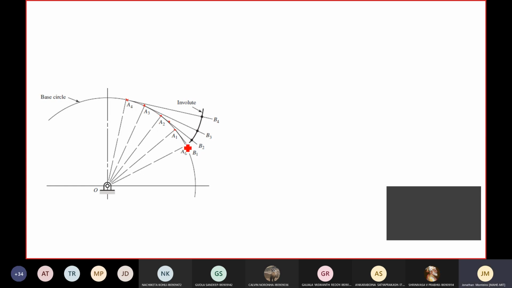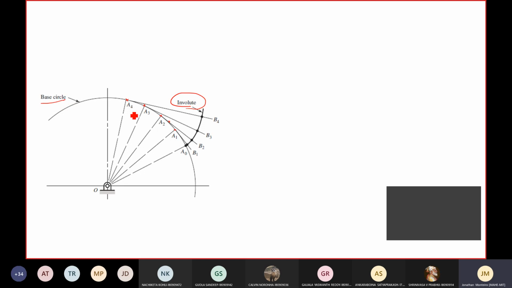That unwrapping gives a locus, and that locus we call an involute. The name comes from the unwrapping of the string over the cylinder, where the cylinder is stationary. Now here you can unwrap that same string without changing its length. It was fixed here at the A0 position. Now we are slowly unwrapping to the B1, B2, B3, B4 positions. At the same time, it is always a tangent to this base cylinder, also called the base circle.